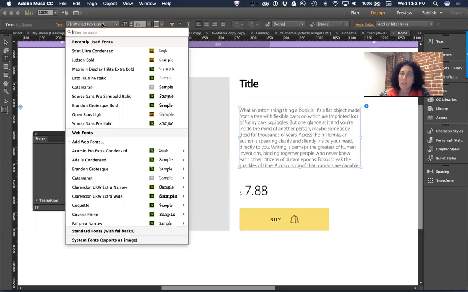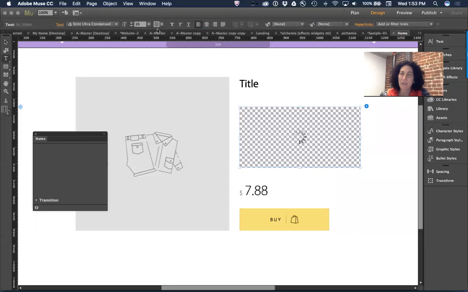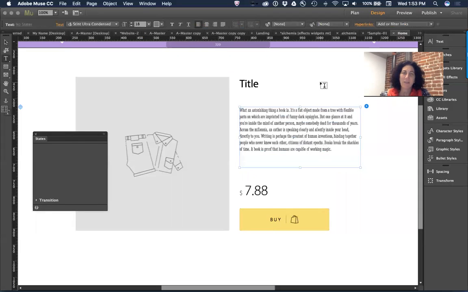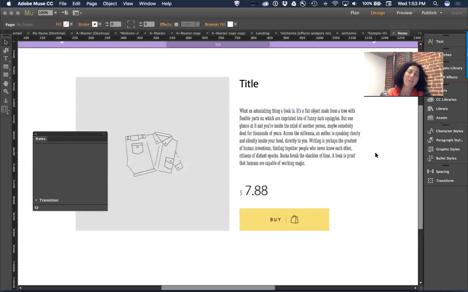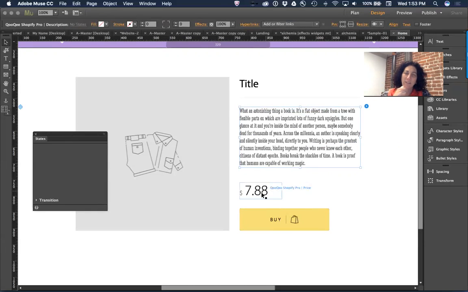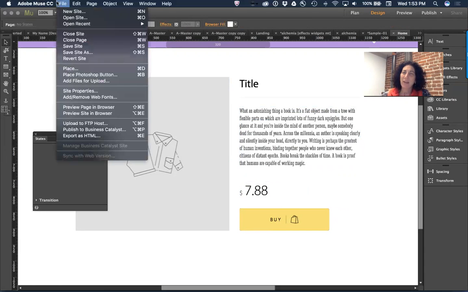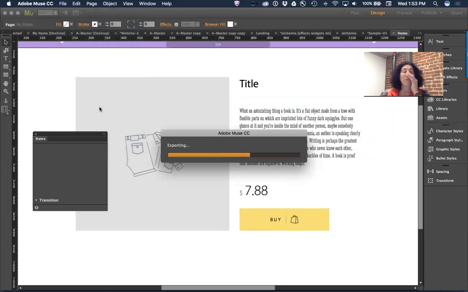If I type T on the keyboard and go in and change it to what seems to be my favorite font of the day, I can override the typeface and control what that looks like, even if I make a bad decision. And it's got the words here, what an astonishing thing, right? That's just dummy text to allow me to place these things well. I've got a price, a buy button. If I now pull down on File to preview the page in the browser,